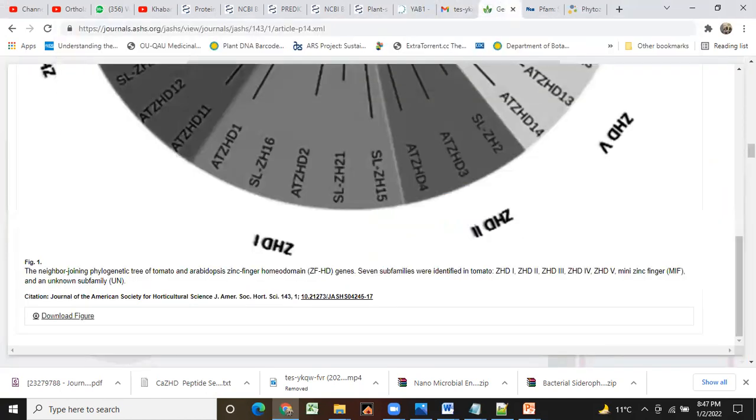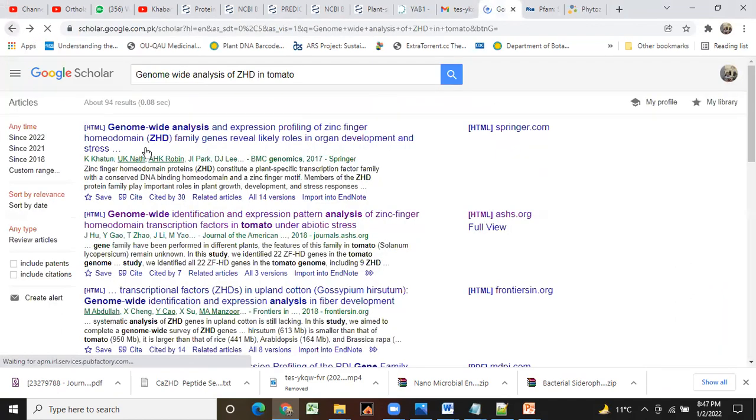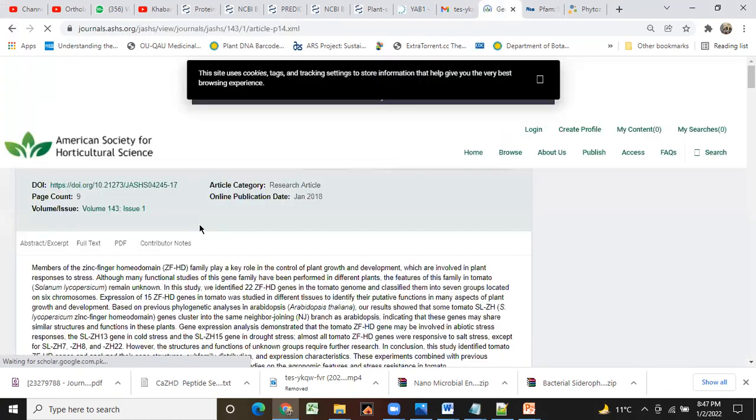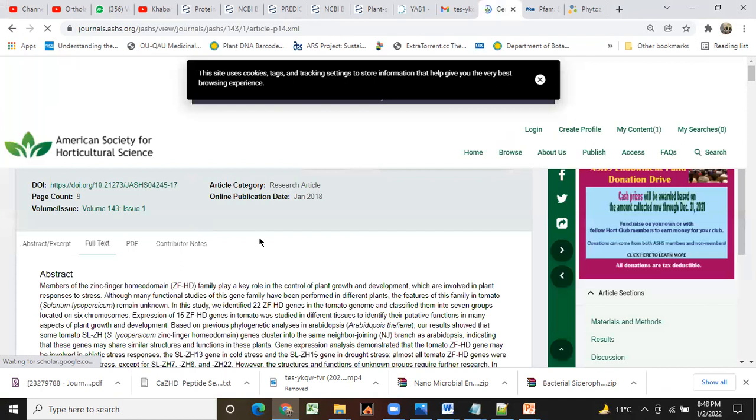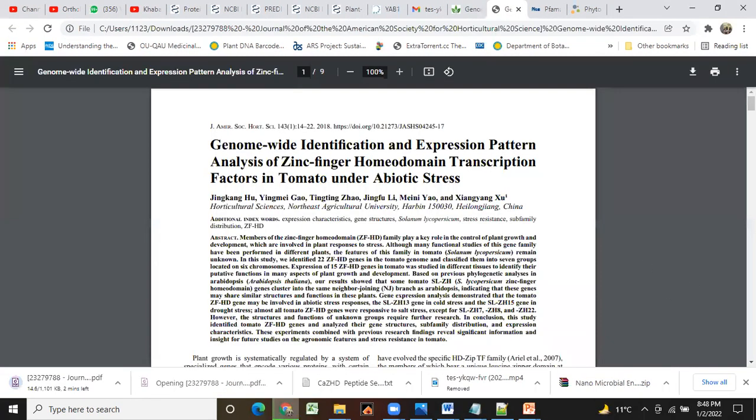Like here, it is a table here. They have this table in that paper. Where is the PDF of this paper? Download the PDF. I have already downloaded this. Okay, a Journal of the American Society for Horticultural Science.